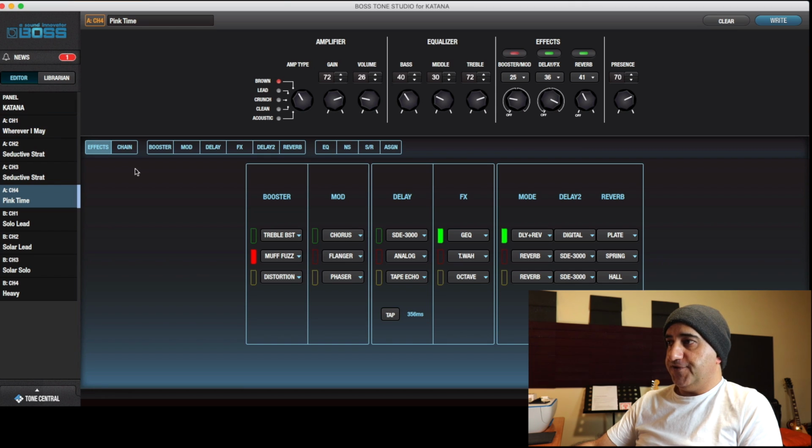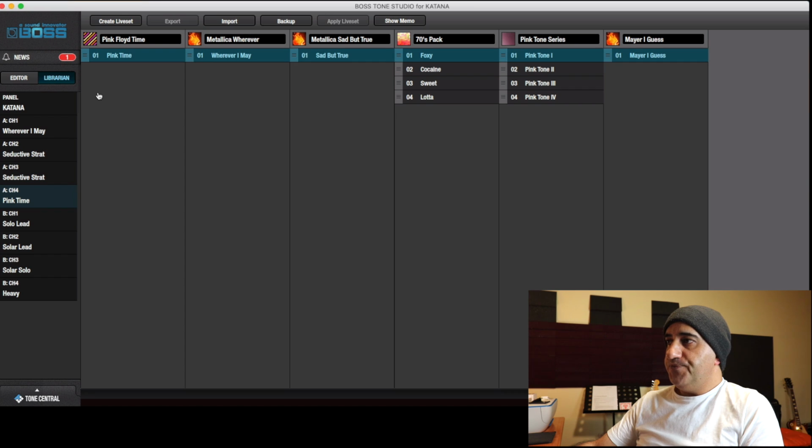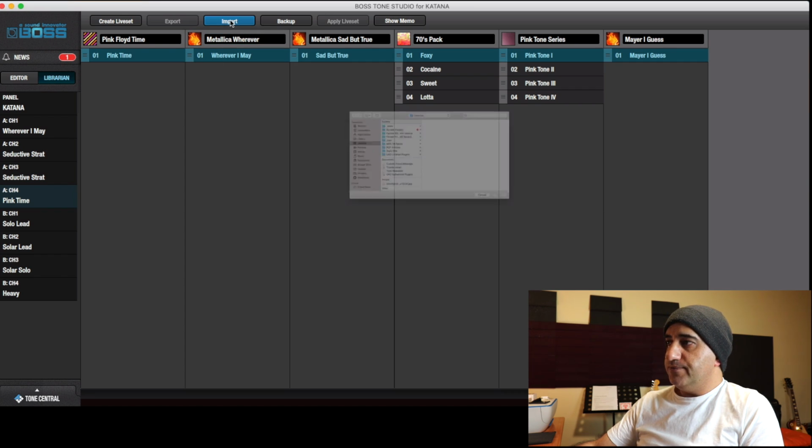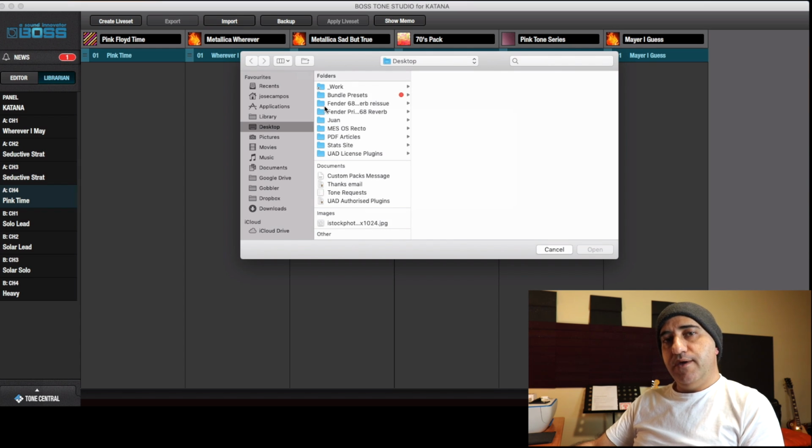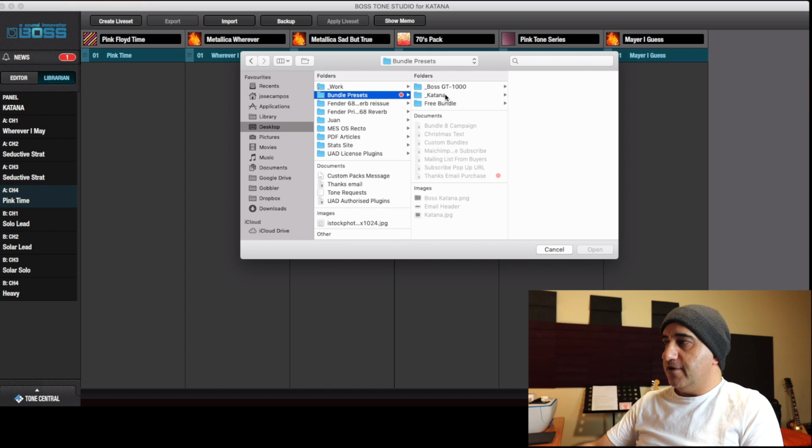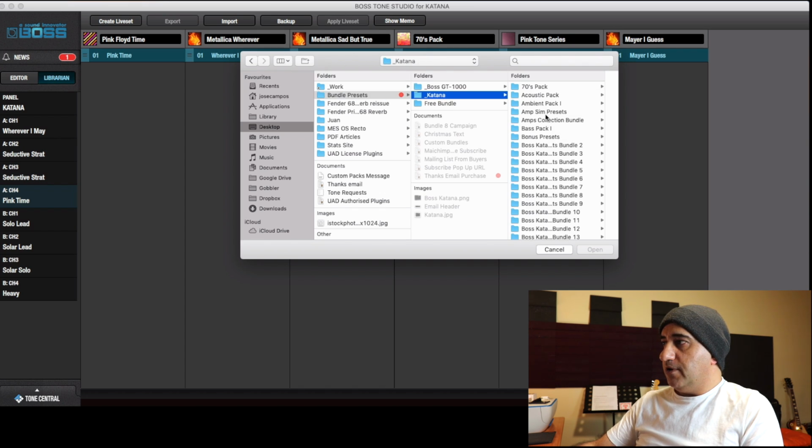Okay, so for example, here you click on Librarian. Let's assume that you have downloaded some tones from me or another website, doesn't matter. Go here into Librarian, all right, and then I'm gonna click on top, import. So my presets folder is here on the desktop, so it's very easy to find. And it says here Katana. For example, I want